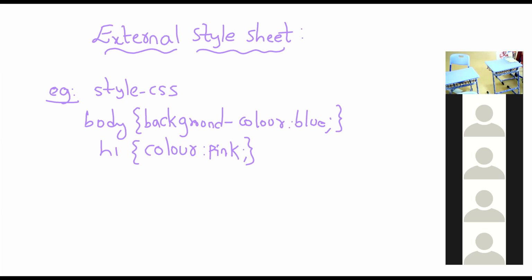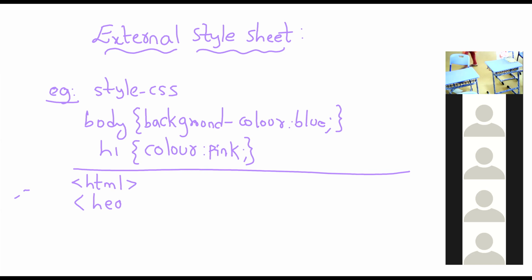How do we have to do that? There is one syntax where we combine this CSS and HTML. What is that? That only I am writing now. Just understand, the upper one, what I have written, is a CSS file. Right now I am writing an HTML document. This is the syntax we have to use. Syntax means, in computer language, like a formula you can think. This is a format we have to follow when we attach a CSS to HTML.